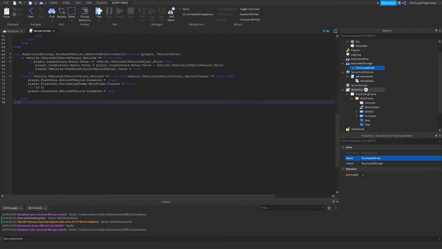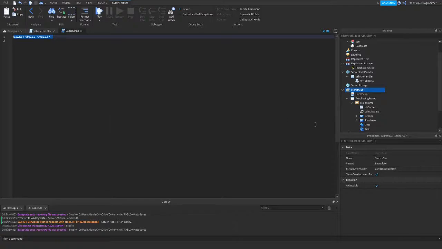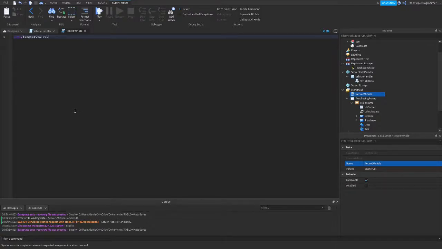So just go into the StarterGui and insert a LocalScript. Just call it RetiredVehicle. And just follow my steps. Game.StarterGui:SetCore, SendNotification,